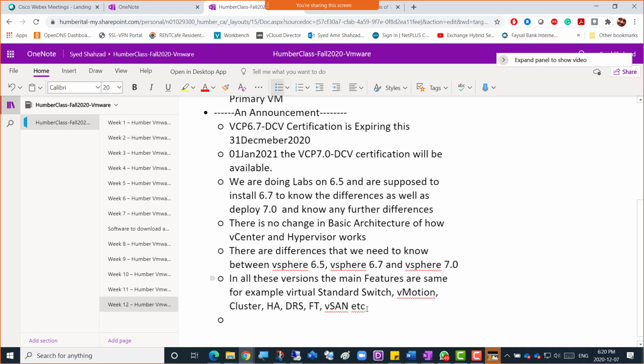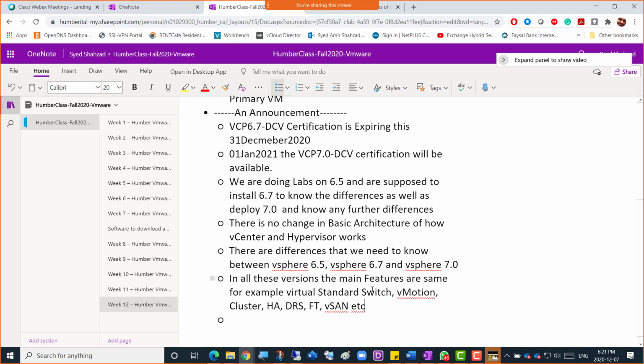So if hopefully you're understanding what I'm saying, let's keep going now. I need to show you how to deploy vSAN as well, and then how to deploy the VCSA, which is the Linux-based vCenter. For 6.7 it's just like 6.5, but I wanted to show you 7.0 also, which you will get the vouchers for from January 1st onwards, 2021.